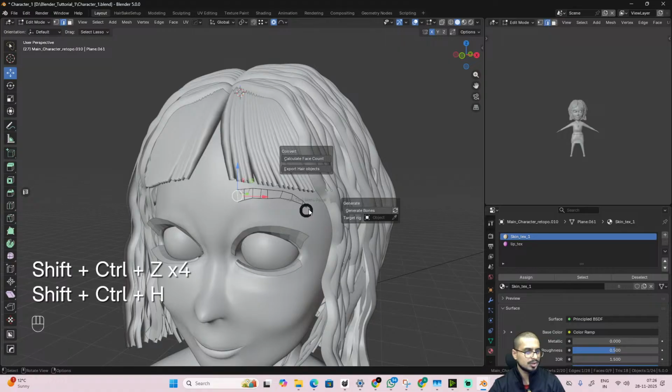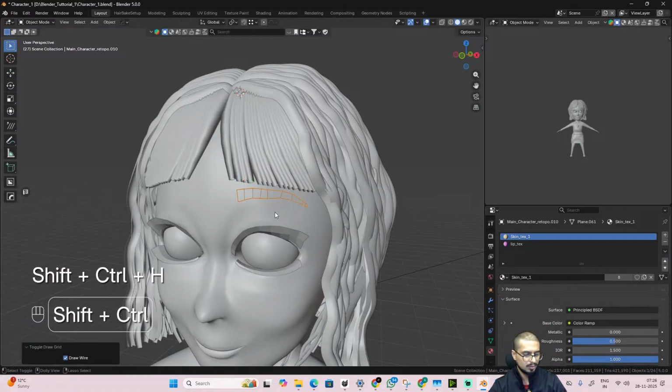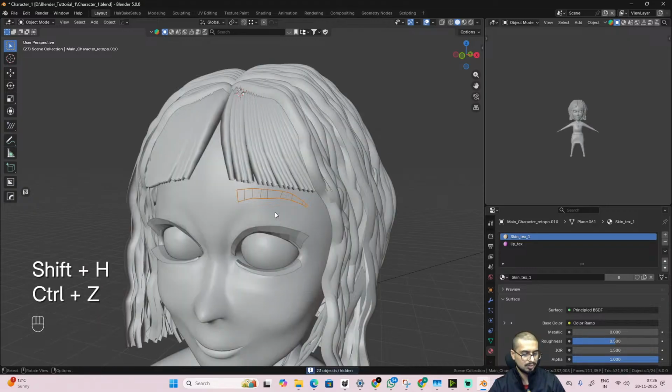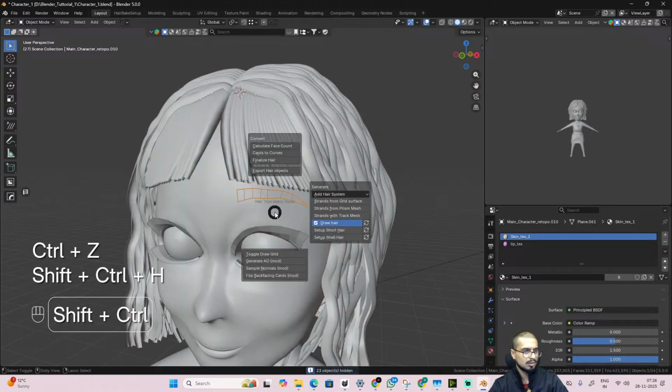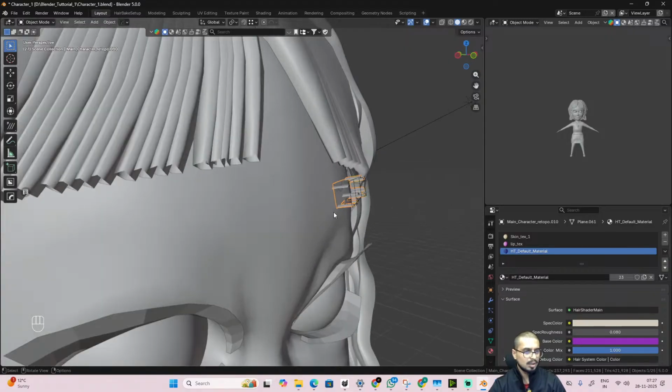Control Shift H, okay, and toggle draw view. Control Shift, oh sorry, and I'll add strands with track mesh, and then we'll start